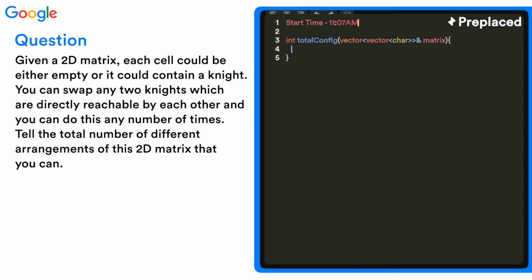So I'll be having int row, I'm just pre-computing the rows and the columns. Okay. So matrix size, and so for every row, I'll be traversing through the entire row,